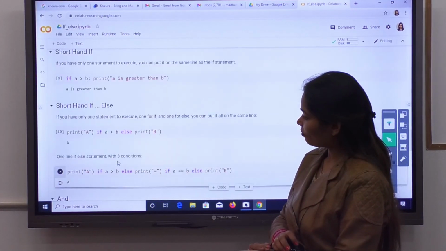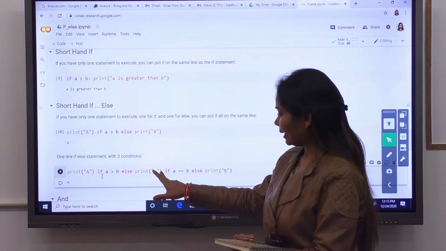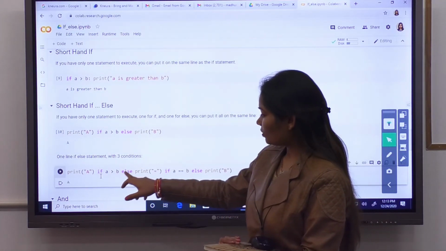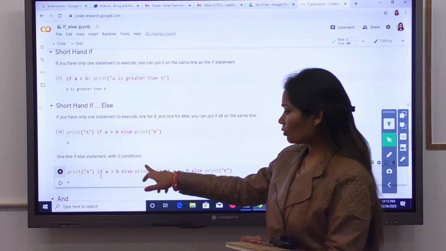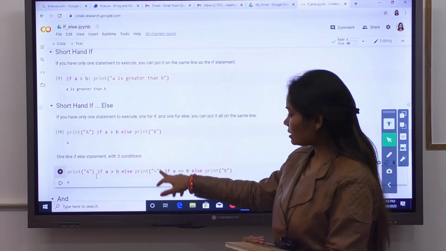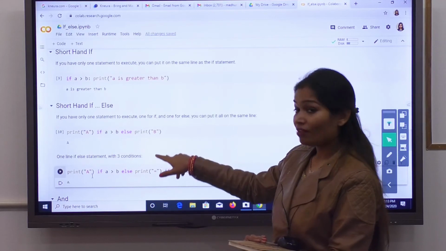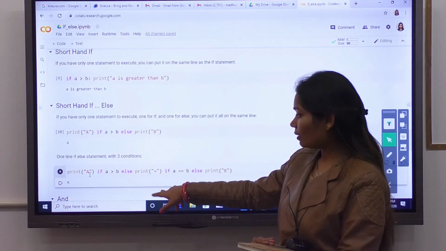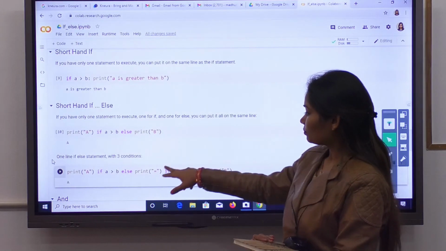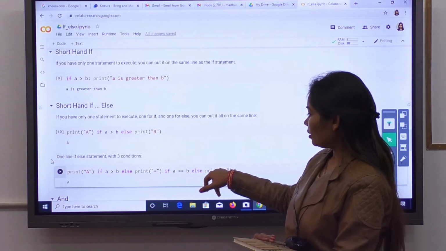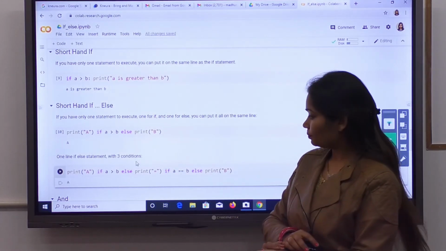That's why we are having an output A. If the condition is not true, then we will come to the else part, and in the else part you are printing equal to, if the condition A equal to B, else print B. So this if and else are the part of the else statement here.